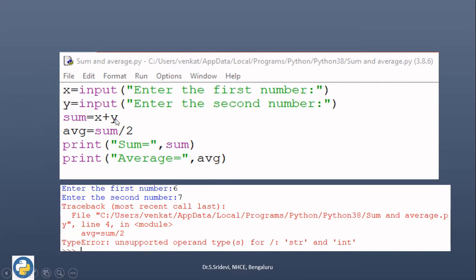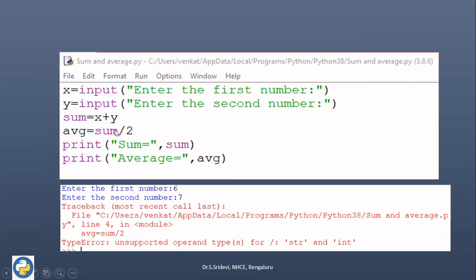So here sum is nothing but I have entered the first number as 6 and second number as 7. So we are expecting sum as 6 plus 7, that is equal to 13. But here both 6 and 7 will be treated only as string. So sum will be just concatenation of both the strings. So after this statement, if we print the data, we'll be getting 67, not 13. Because it is going to treat 6 and 7 as string. When we apply the plus operator to the string, it will be concatenating the second string after the first string. So 67 will be the output, even that will be the string only. It will not be an integer number, it will be treated as string only.